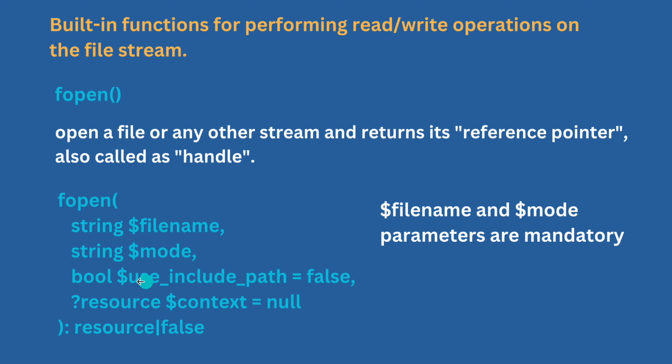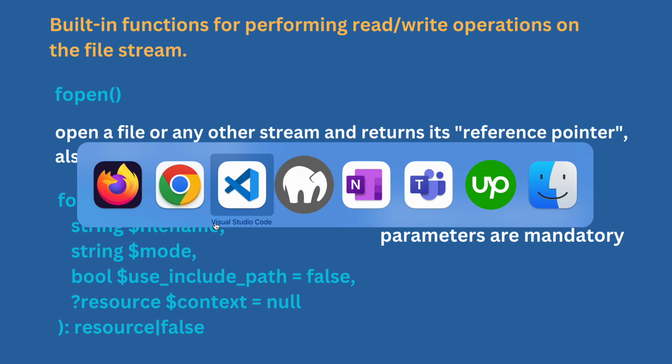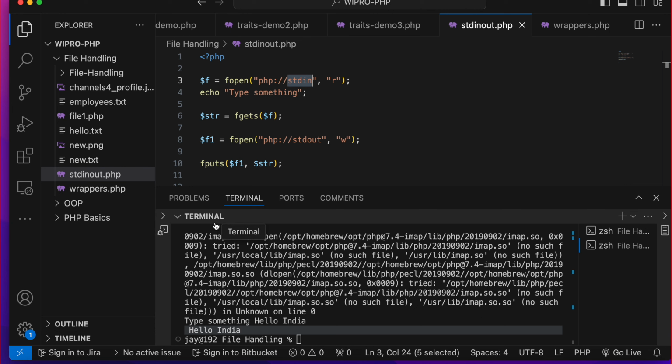Next is use include path. By default it's false. So where are you looking to read this file from? One way is that in php.ini you are going to use the path where all the files will be stored, or it's your choice where your file is, you give the path and then read. So by default, if you see your php.ini file,